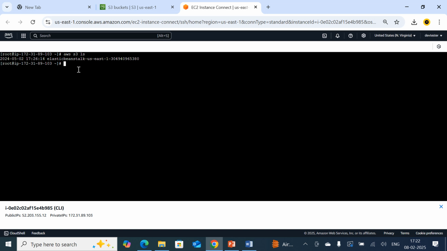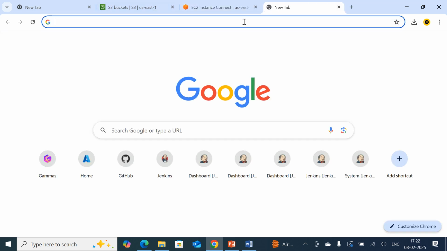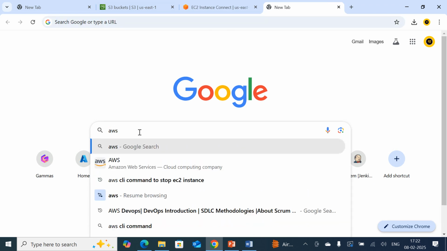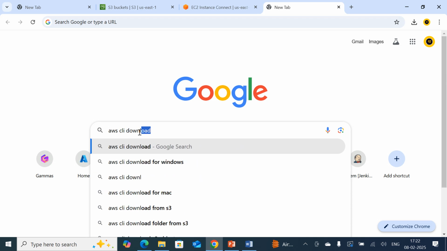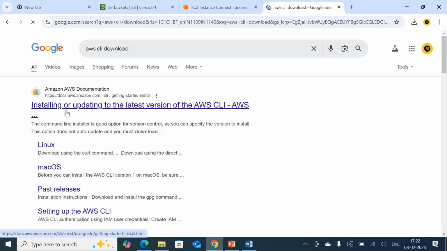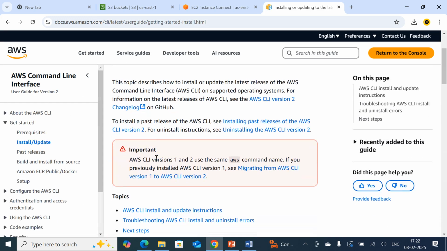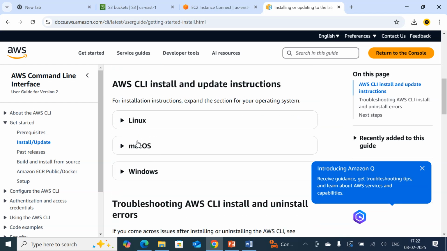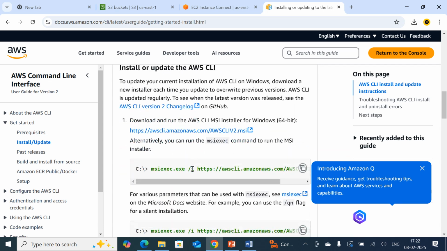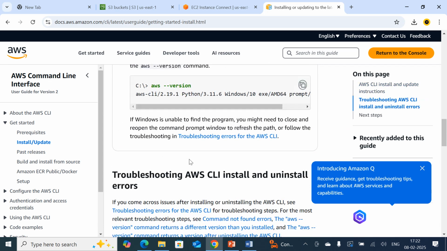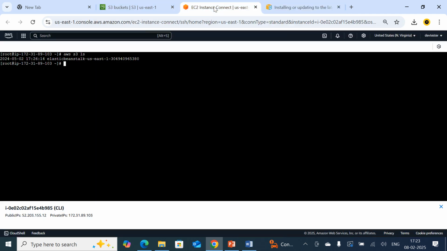And you have one more doubt. In order to integrate the AWS CLI tool, do I need to download any kind of tool from the internet? Yes. Suppose you are using some local machine, you need to integrate. So how will that be done? Just go to the browser, search AWS CLI download. Here, just go to documentation. You just need to select which you want: if you are using a Linux machine, Mac OS, or Windows machine. Based on that, you need to execute the particular command. Suppose it is Windows, you just need to execute these commands in order to install the CLI on your local machine. As I am using right now the machine which has been created in AWS,